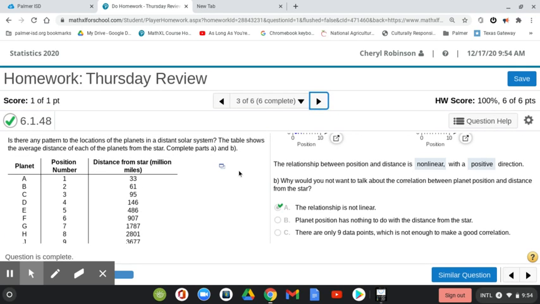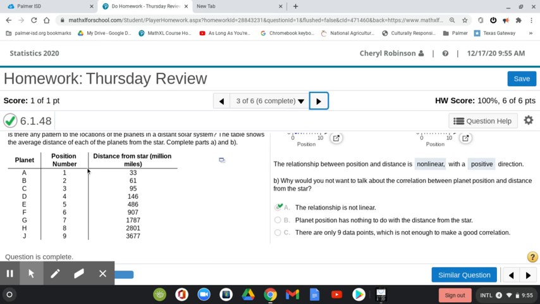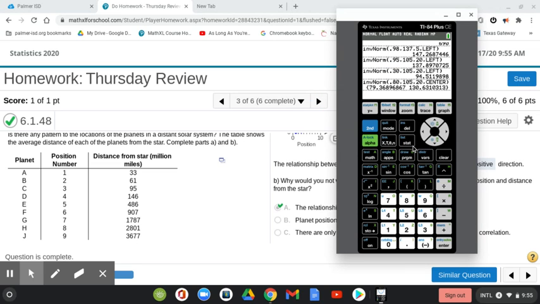Okay, on number 3, what you want to do for this is you want to put in your stat plot, you want to go in here and put in the position number in L1. So you have 1, 2, 3, 4, 5, 6, 7, 8, 9. And of course, sticky keys. And then in L2, you're going to put in the distance, 33, 61, 95,